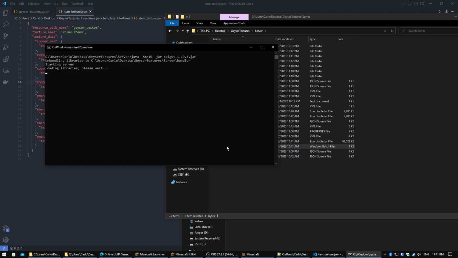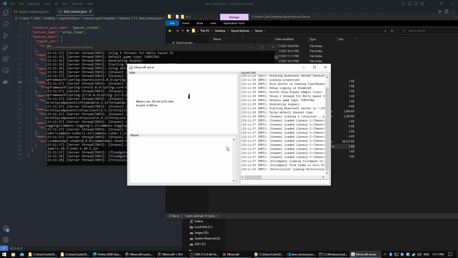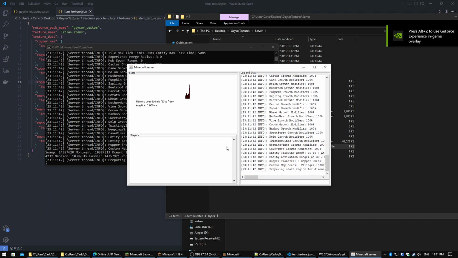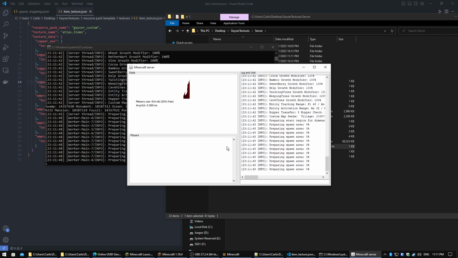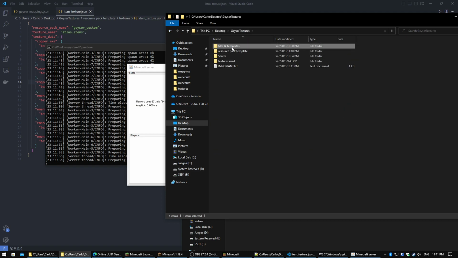This is the process for adding custom armors and tools. To add food or swords and everything, the process is the same. As I said, I'm going to leave in the description all these files, all these attachable files. There is a file that's called, let me show you, that's called